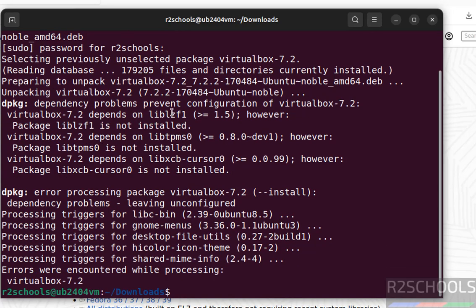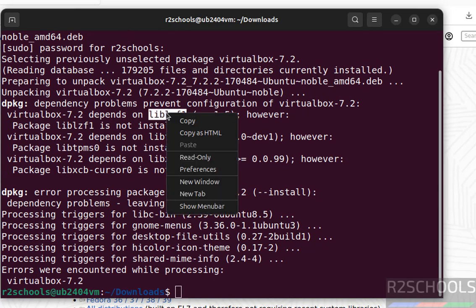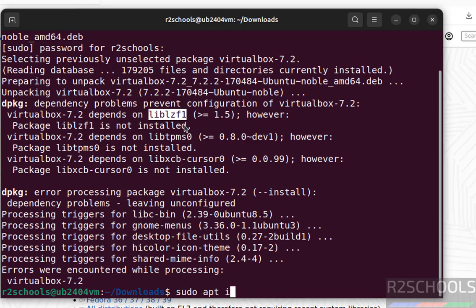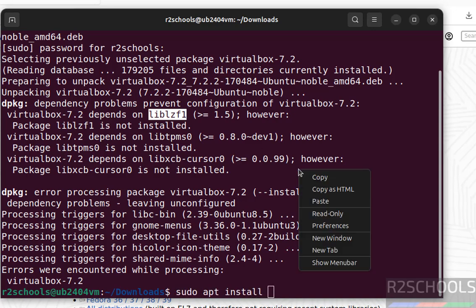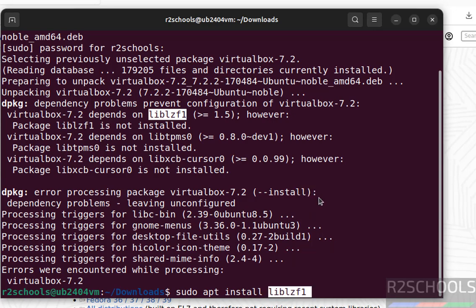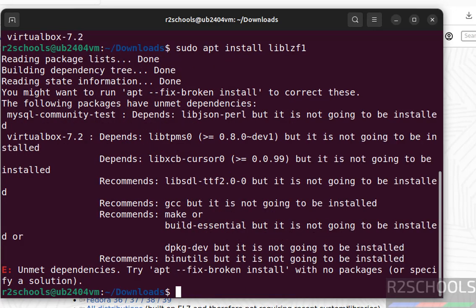We have to install this package, so copy it, sudo apt install. This will ask us to fix the install error. See, we have to run this command. It will install this dependency also. So copy it,